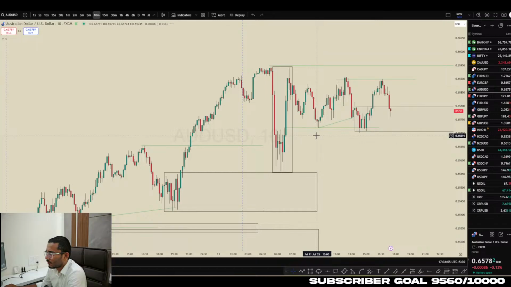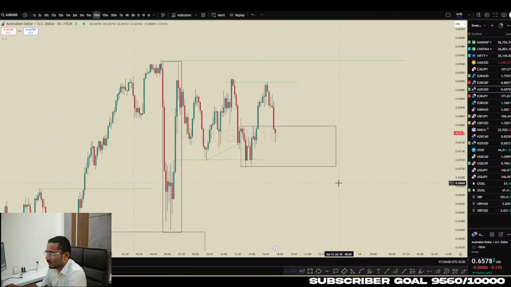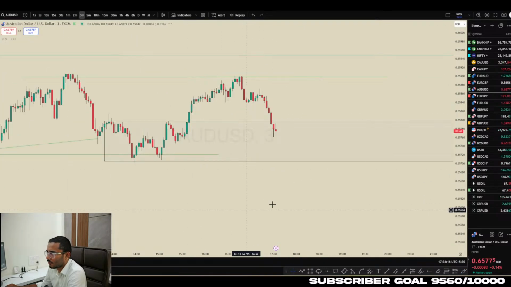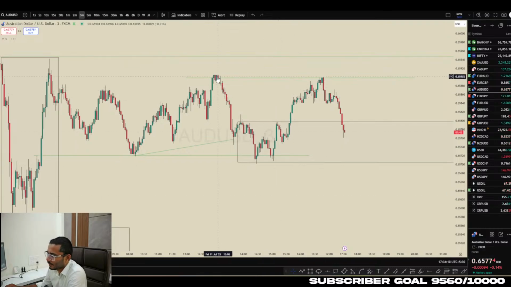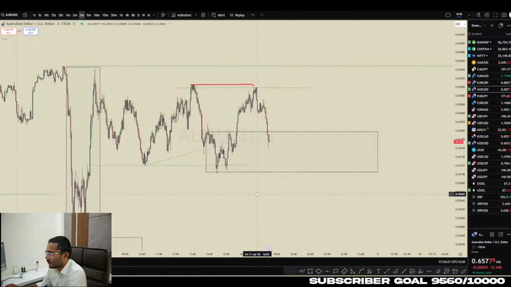So I want price to break this previous high, this high, and this candle swept out all this trend line liquidity. Okay, so if we go to lower time frame, we can see all these red candles started to sweep the liquidity from this area. So I'm waiting for price to break this high so we can look for confirmation to